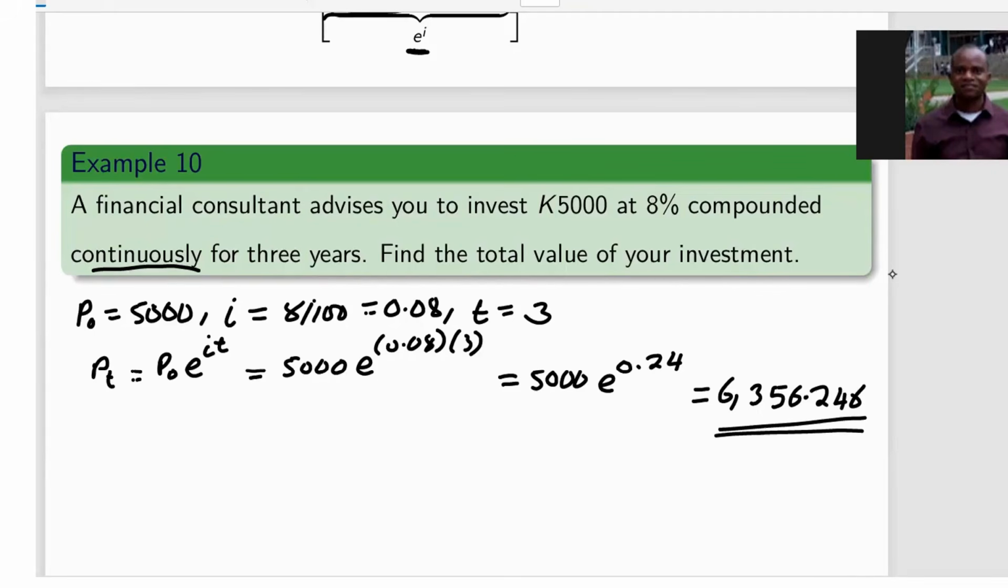What has this example taught us? When interest was compounded annually, in the example that we looked at, we noticed that the value of the investment after 3 years was 6,298.595. And if you compare with when interest is compounded continuously, we see that we have 6,356, and there is a gain of 57.74 when you compare it to the interest compounded continuously. So when interest is compounded continuously,